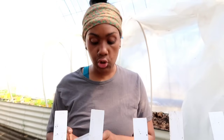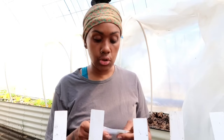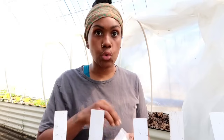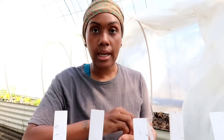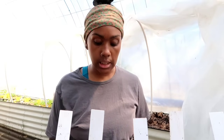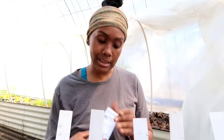If both germinate, I'm just going to leave one probably in each container, like take it out, so that way I could just plant the whole seedling in 4 weeks when we're past my last frost date. I have looked at the forecast for the next 10 days, and there's no frost, which goes all the way to the 19th. And technically, I have talked about this, but technically